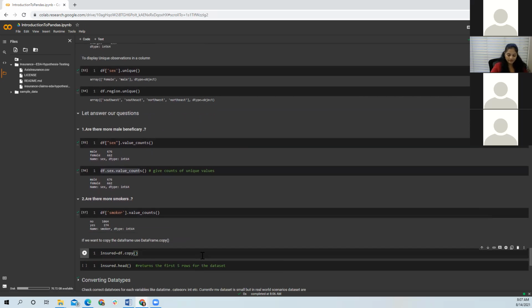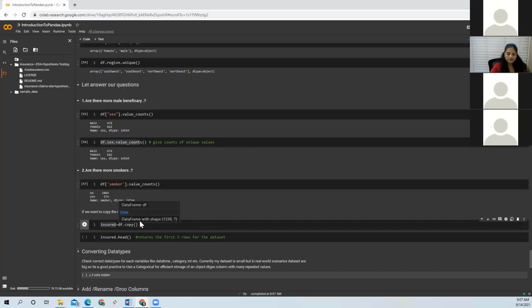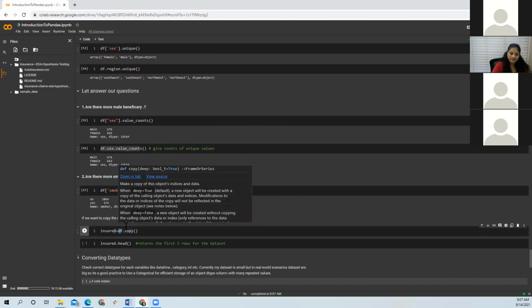And you can use something called df.copy to make a copy of this data frame. Here I'm copying my data frame and moving it to ensure. This is mostly used when you're going to manipulate the data set and you don't want to touch the main data frame. You always want to refer to your main data frame.